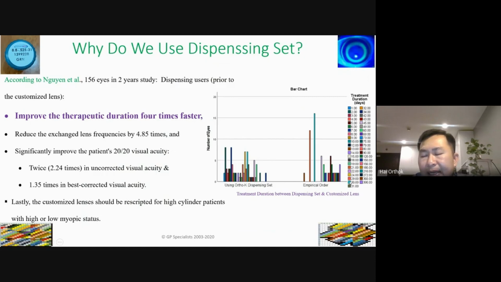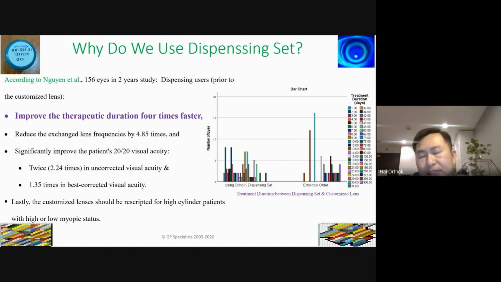With the customized lens, it takes up to 30 days, because the problem between fitting the first customized lens and waiting for the second customized lens comes if the first customized lens is incorrect. To do so, if you do the customized lens, I suggest to use the lens from the dispensing set first. And when you are getting the lens very good centration, you're able to correct about